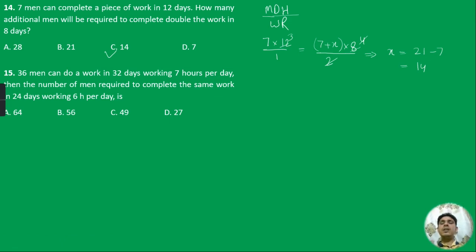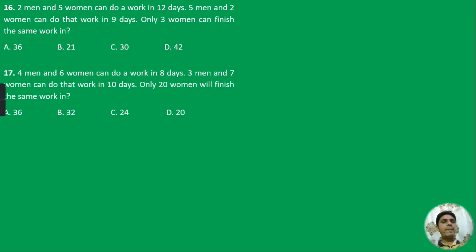Right? The only thing that you have to understand is the formula of these 5 entities. M1 D1 H1 divided by W1 R1 is equal to M2 D2 H2 divided by W2 R2. Right? So based on this concept, one question is also given, question number 15. You can take time, you can solve question 15. I am moving to the next question.